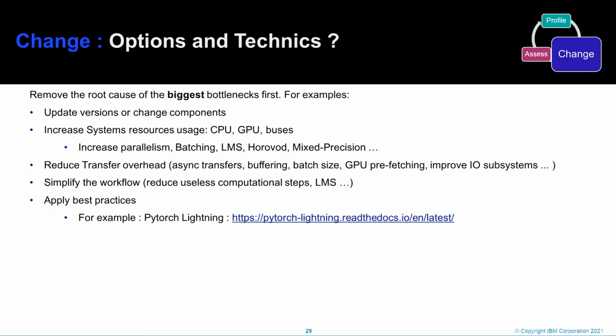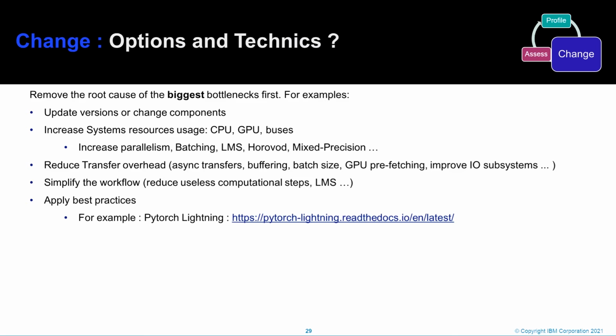You can also think to reduce the transfer by using asynchronous techniques, to make sure, for example, that while you are running the kernel inside the GPU, you can transfer data into the GPU cache so that next time the kernel won't have to wait for the transfer. It could be useful if you have free memory in your GPU cache.